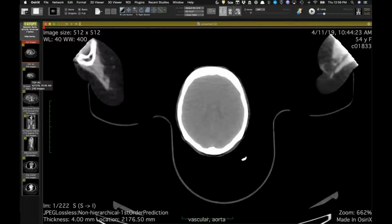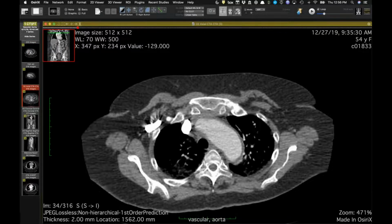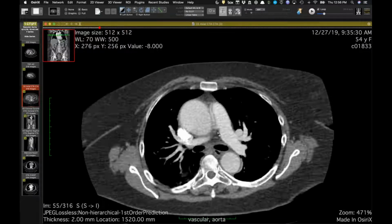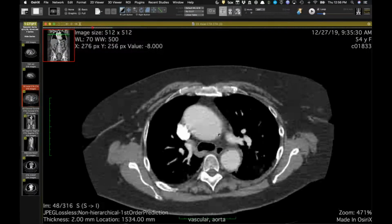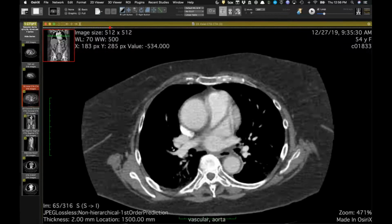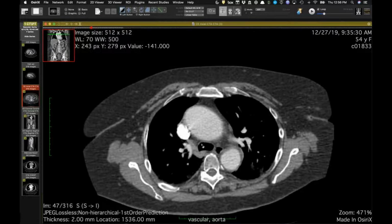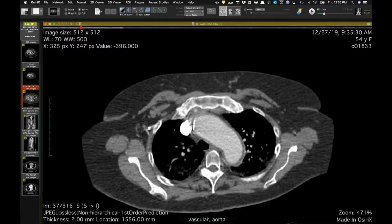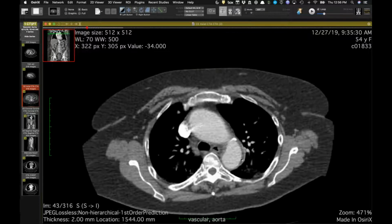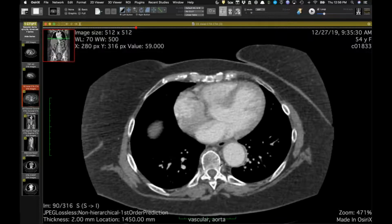So, okay, this is a middle-aged patient, and she has a history that I'll discuss in a moment, but the history we got was just follow-up aneurysm on this study. You can see her ascending aorta and her proximal arch are enlarged, but also there's a little bit of thickness to the wall here, and it's a weird enlargement of her aorta because it's somewhat segmental, where there are areas,